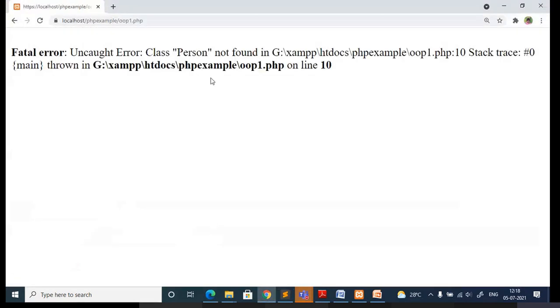Select that file, or you can type it. So here I am getting an error. Can somebody tell why I am getting this error? Read the error, understand why I am getting this. It is telling that person not found, in this particular file, line number 10. Why is it telling person not found?